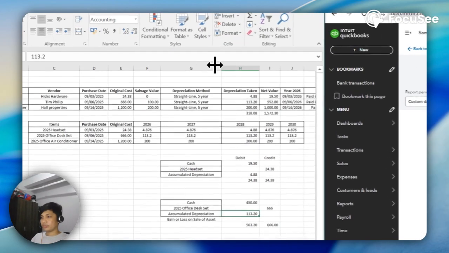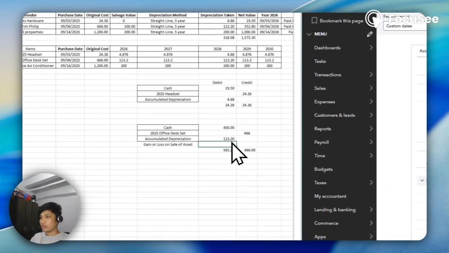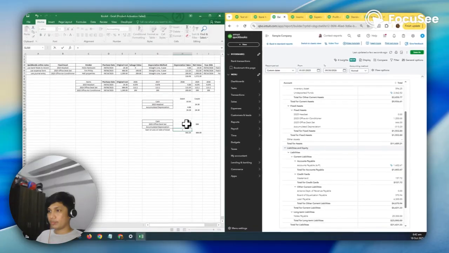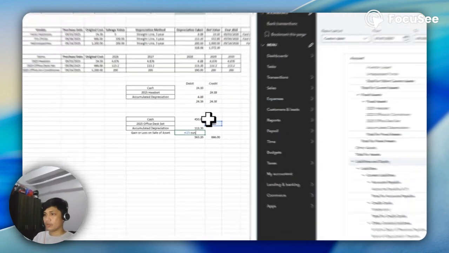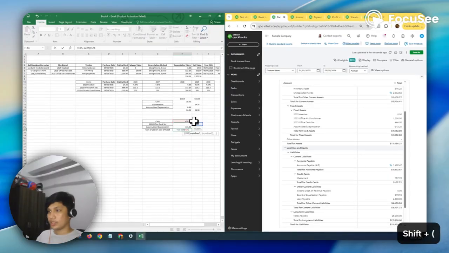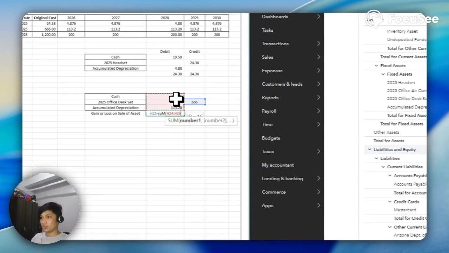So we have 666 minus the sum of these two. Now we are balanced.